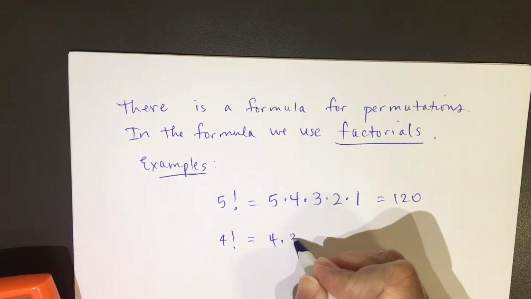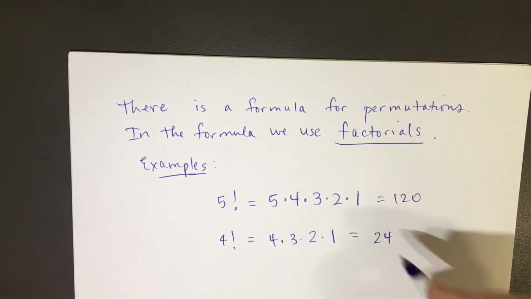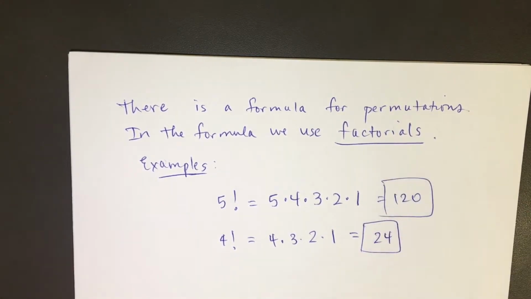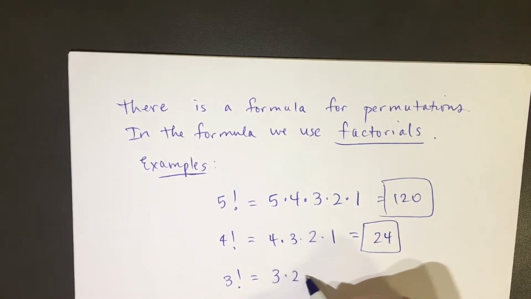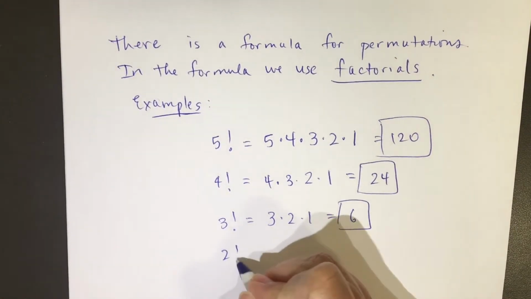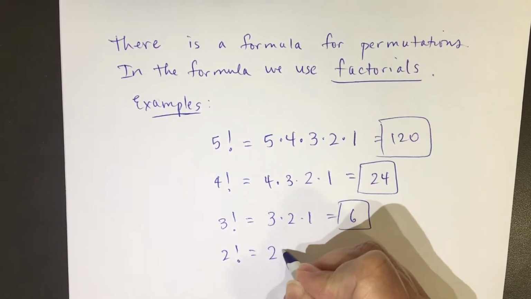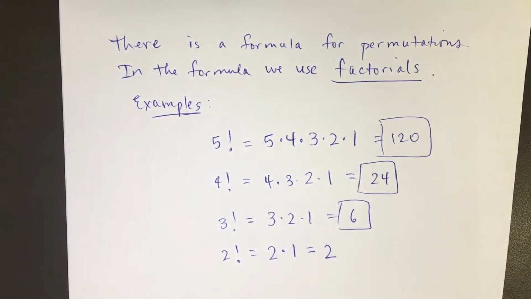So 4 factorial is 4 times 3 times 2 times 1. If you multiply that, 4 times 3 is 12. 12 times 2 is 24. That's just 24. Let me put a box around my answers there. And 3 factorial is 3 times 2 times 1, which is 6. 2 factorial, that's 2 times 1, and that is 2. 1 factorial equals 1,